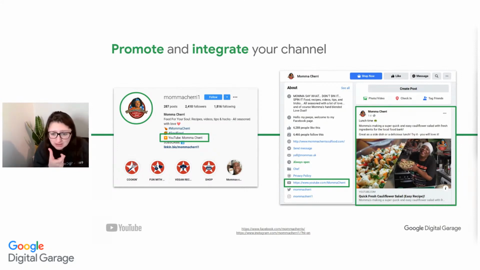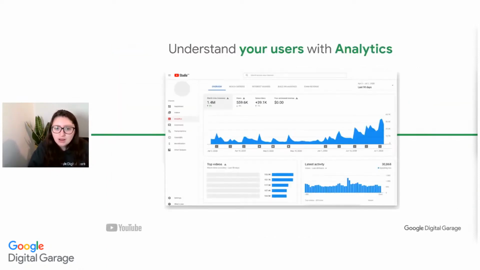Create mini trailers, snippets, teasers that you can upload directly to these other social pages, where in the text you can let people know, oh, I have a YouTube channel. If you want to find out more, go across, find out. And when it comes to understanding your users, which is really, really important,